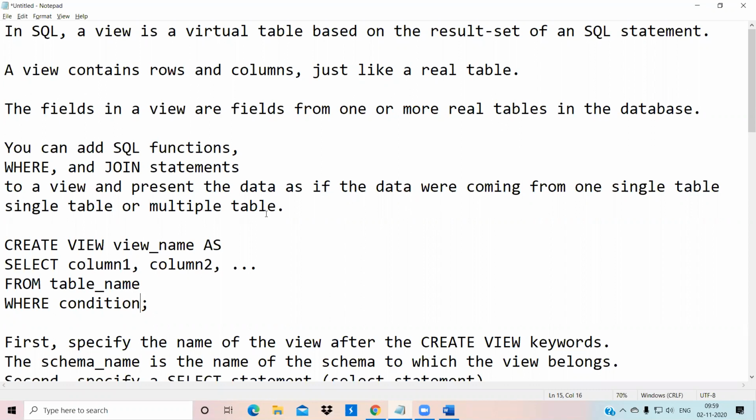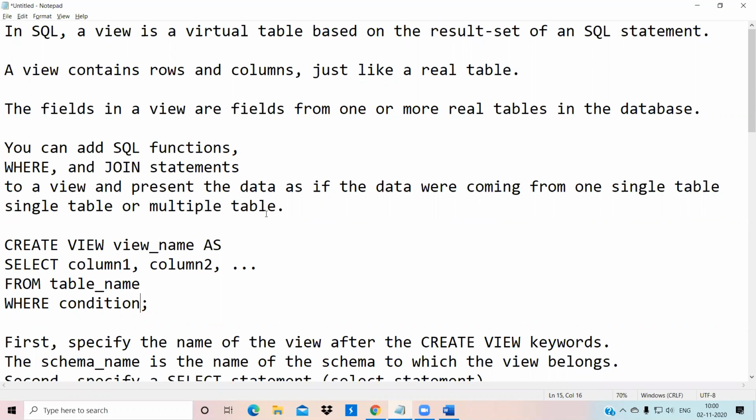You put on some devices and you feel like you are inside that animated movie itself, but you are only watching it using that device. Same way, virtual means it is like a real world itself, but it is constructed inside the system. That is known as a view. So a view is a virtual table based on the result set of a SQL statement. But how is it based?